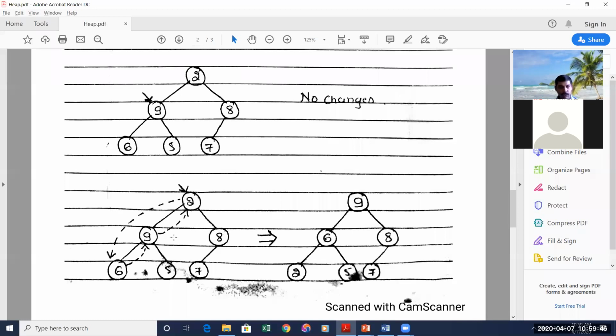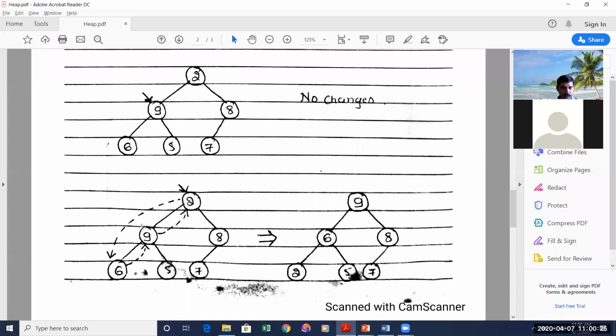Now the question is, with which child you are supposed to exchange the value of the root, whether with the left child or the right child. For that you have to compare the left and right, and whichever is bigger, that you have to consider. Out of 8 and 9, 9 is bigger. Therefore, you take this 9 and put it to the root position. So 9 is copied to the root position, and assume that 2 is brought to the position of 9. You have not actually brought the 2 to the position of 9, but you have to assume that 2 is here in the position of 9.